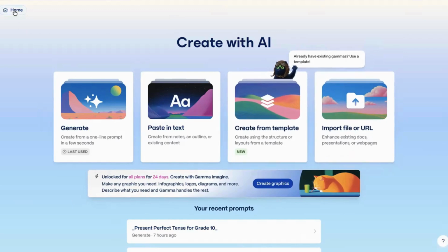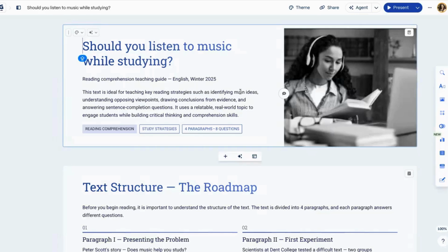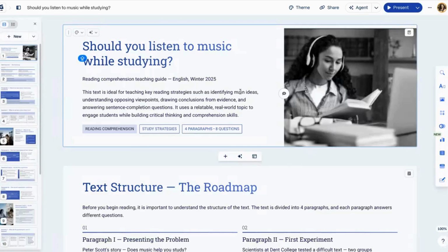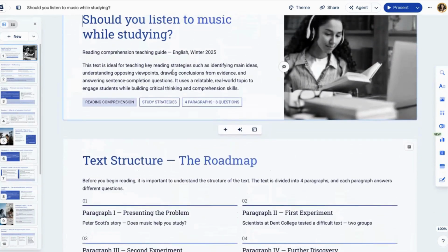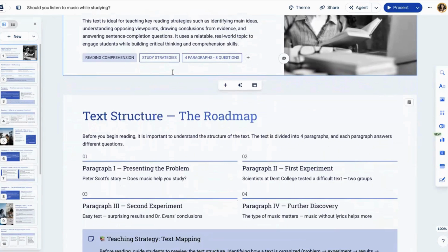I want to show you an example. I used Gamma to generate my presentation. It's based on a module C reading comprehension text from winter 2025, titled Should You Listen to Music While Studying? The purpose of this presentation is to guide teachers on how to teach reading strategies. It's for my other course. And in this presentation,